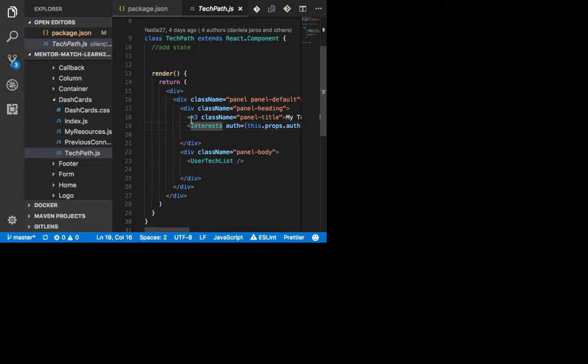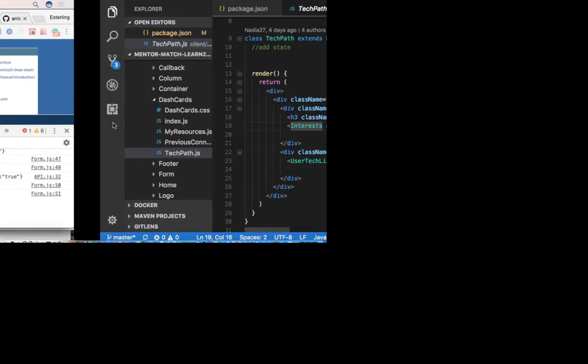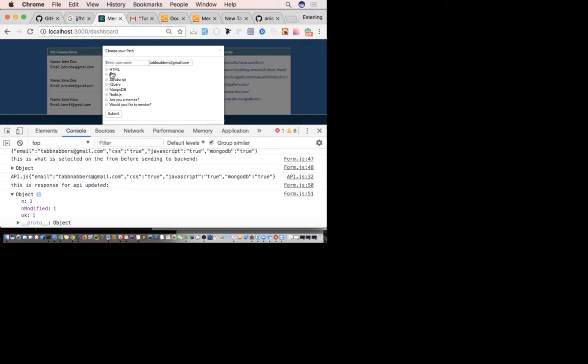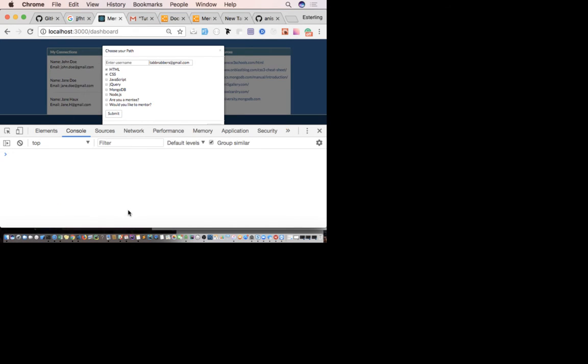But this is not where the issue is coming from. I mean, this is where the issue is, but I need to investigate a little bit further. When I choose this one and click submit, I need to see how this data is being handled.